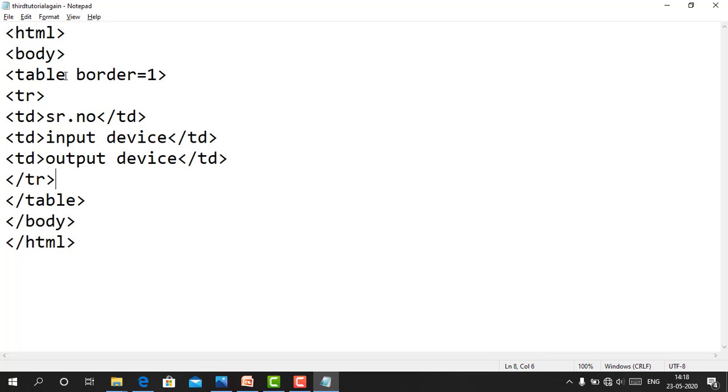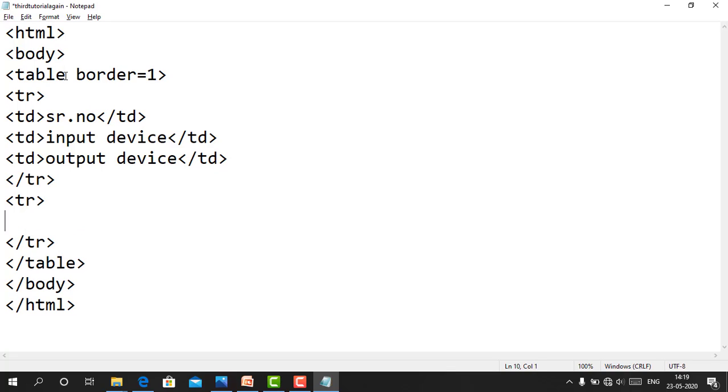So take another tr tag. Tr is the table row. To close the tag, closing tr. Okay, in the second row, again put the data. So to put the data, td tag and again closing td.